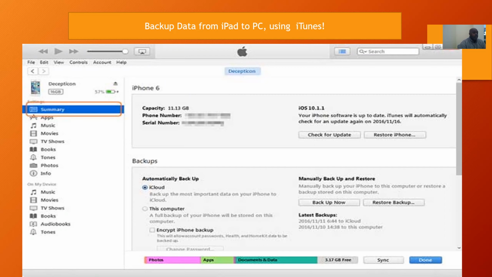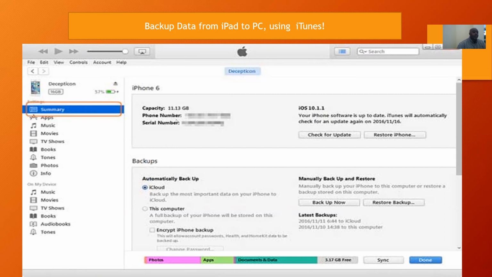So if you have a lot of photos and information, and say that you only have maybe 6 gigs left out of 32 on your iPad, because like I talked to you earlier, it will show you how much space you have on your device. So if you want to back that up so you won't lose it, you can come here to your iTunes, and as soon as you plug it up to your computer, it will show,